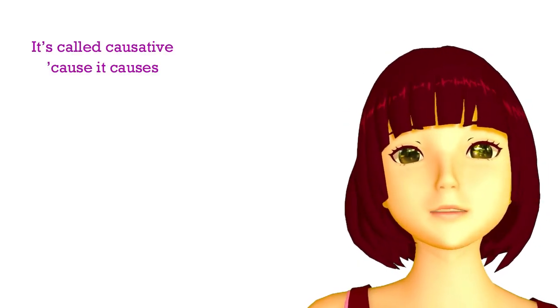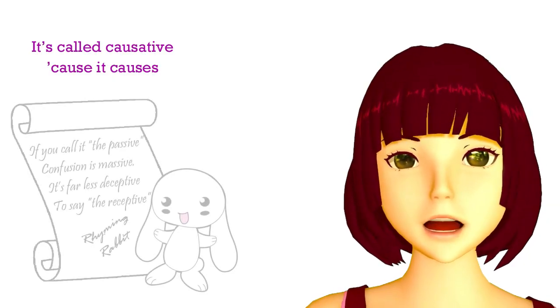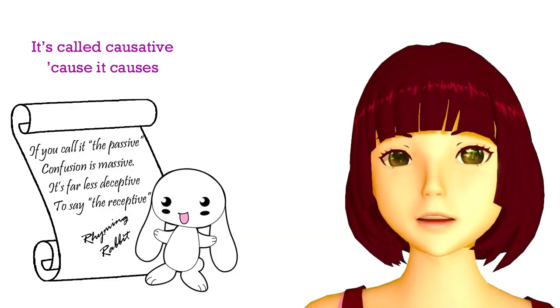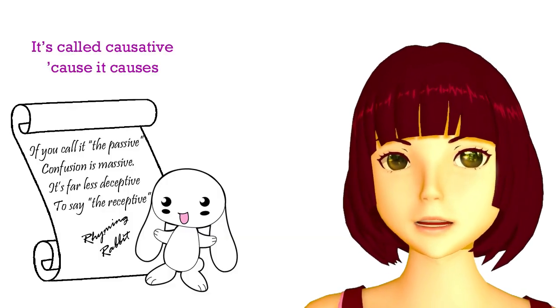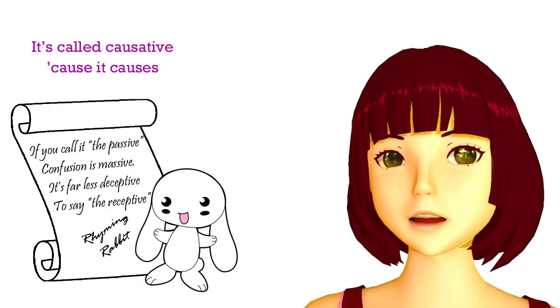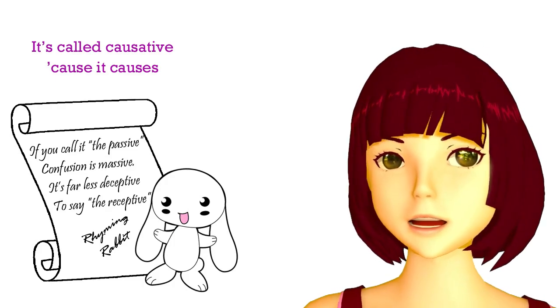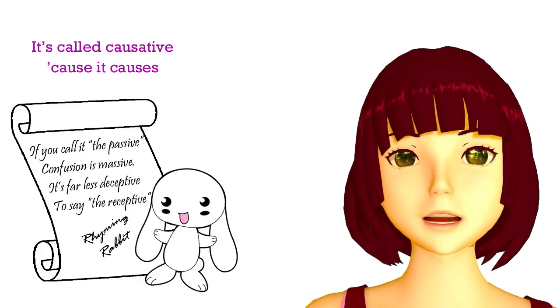In the standard grammars, it's often taught along with the receptive, which they like to call the passive, and there is a very, very good reason for doing this. Although the real reason is never actually explained in the regular textbooks. So, I'll be telling you that shortly, but first of all, let's look at what the causative helper verb is.